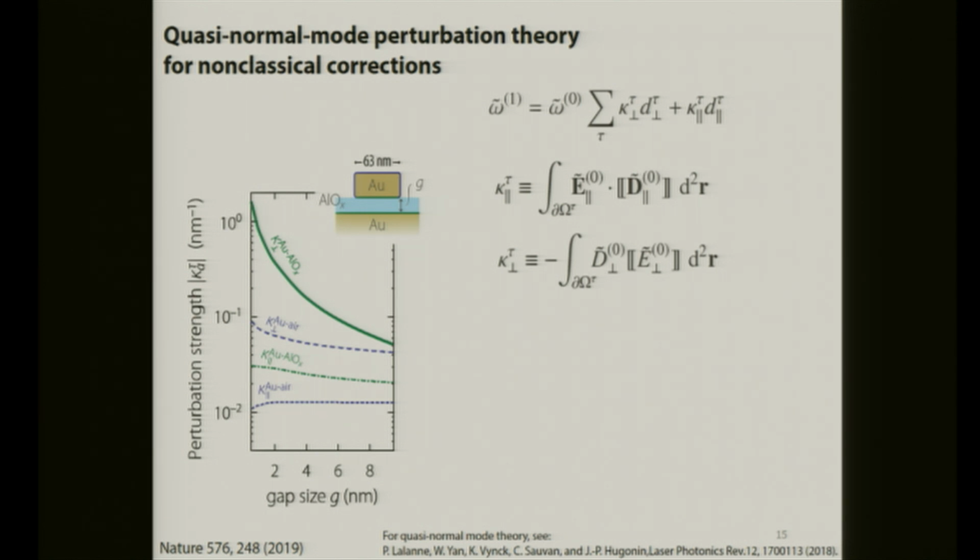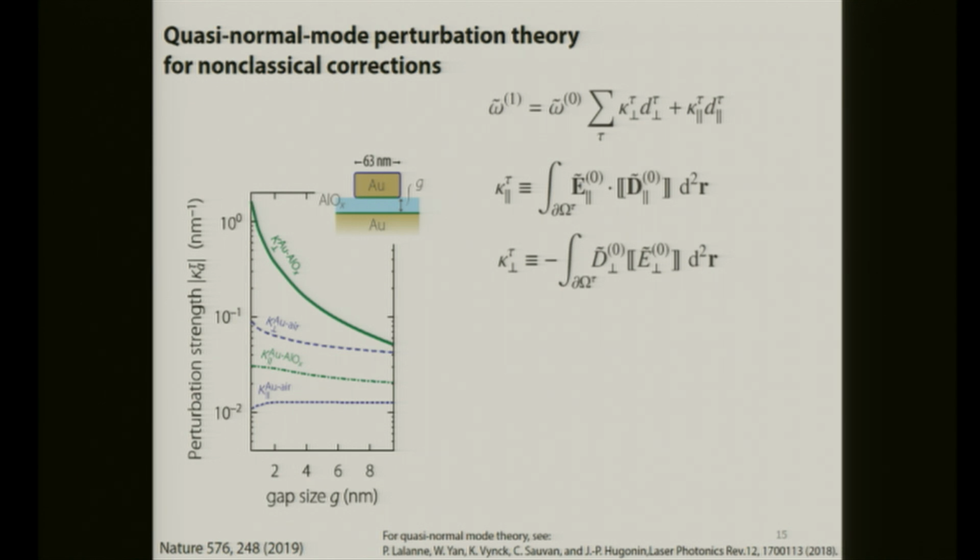for non-classical corrections, which connects the spectral information. Omega 1 is the non-classical frequency shift. Omega naught is the classical resonant frequency. And D is the D parameter of interest. Kappa is the perturbation strength that's defined by these two quantities. And actually, they have a very clear physical meaning: they refer to the classical energy density difference across a given interface in different directions. So we apply this analysis to our geometry for different interfaces, such as